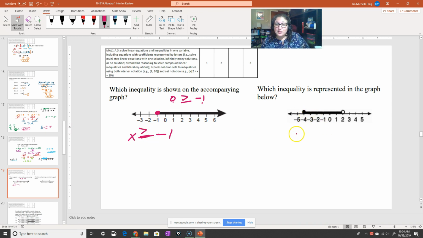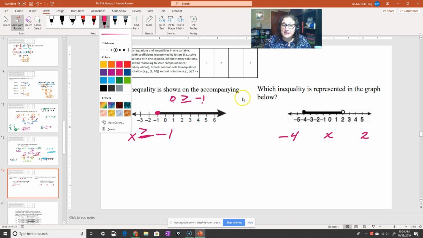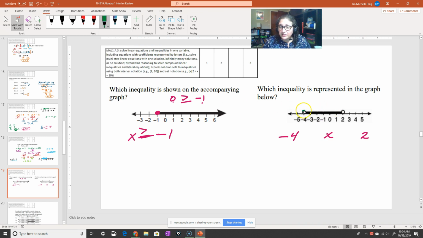There's 2 dots. So that means there's 2 important numbers. One number is negative 4, one number is 2, and in the middle I have my x. I see that this is closed in, so whatever I'm going to do, I know this side is going to have an equal line and this side isn't. Then I think, okay, is 0 in this line? Yes. Because 0 is in this line, I know I have to face it that way, because I have to make sure 0 is bigger. It's in that line. The open part means yes.